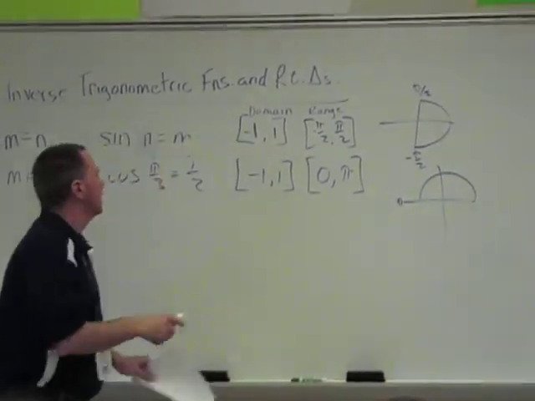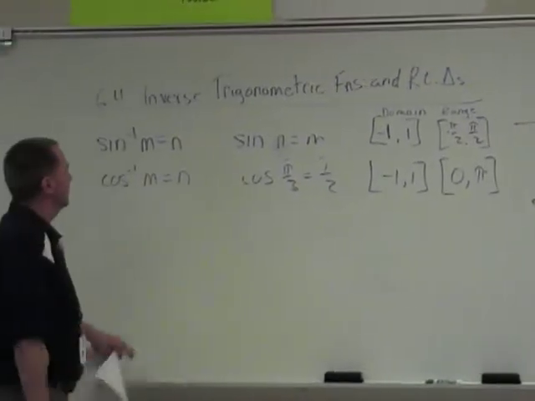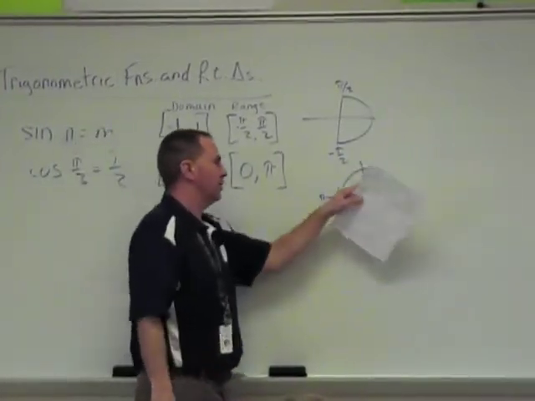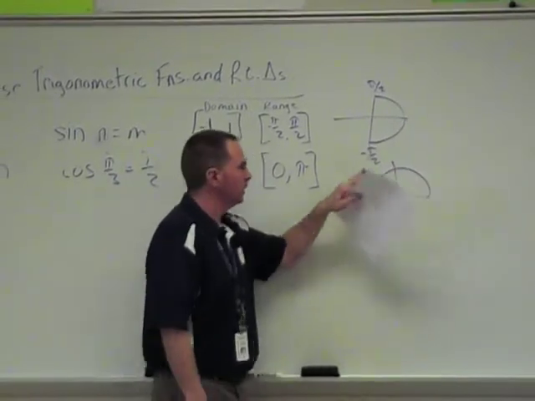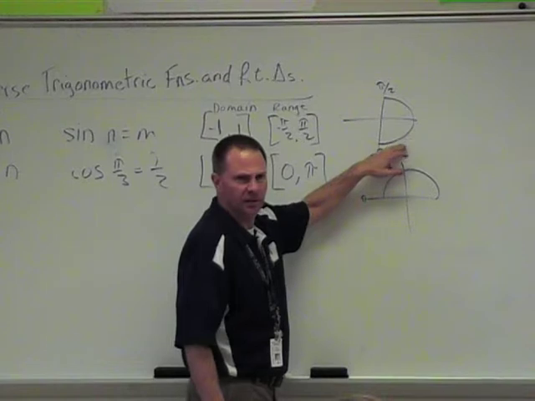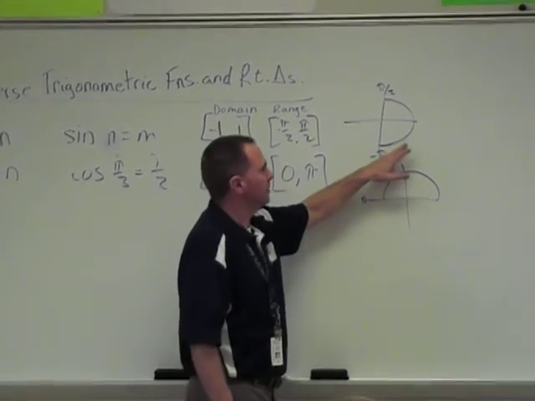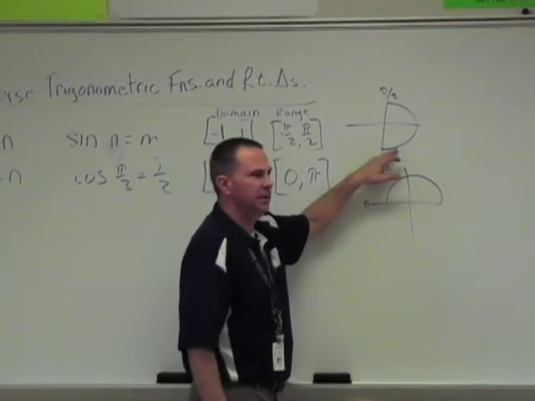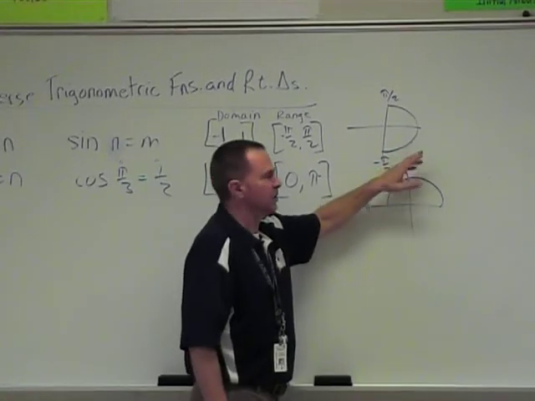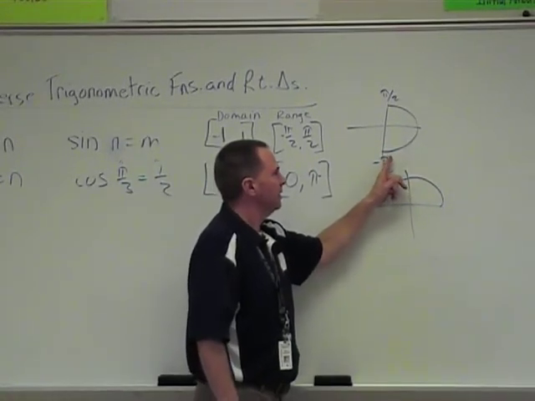Okay. So we just got done with cosine. It's from 0 to pi, so quadrant 1 and 2. I think I was explaining this part, wasn't I? About this? Yeah. You're not going to tell me 5 pi over 3, 7 pi over 4, and 11 pi over 6, because that's not